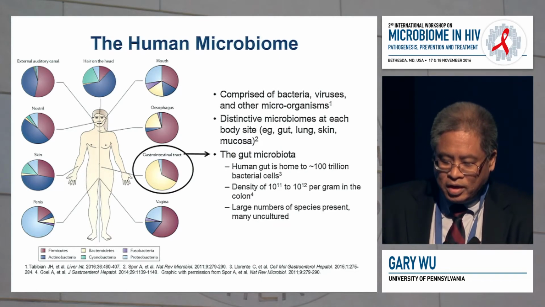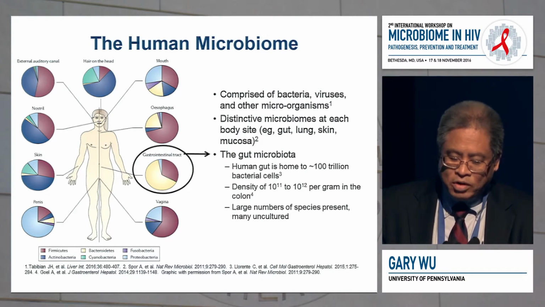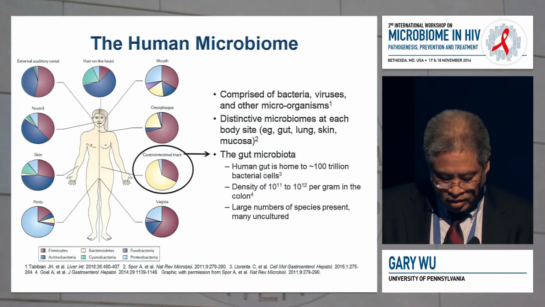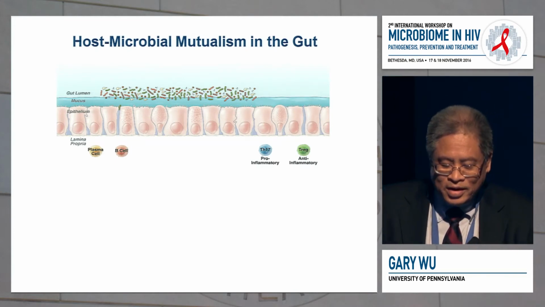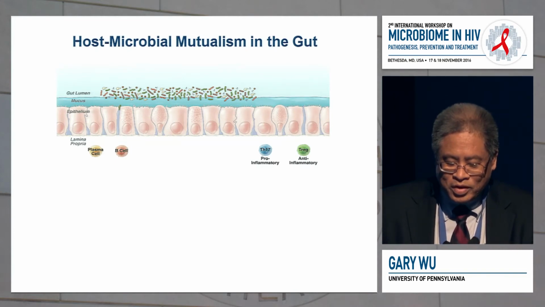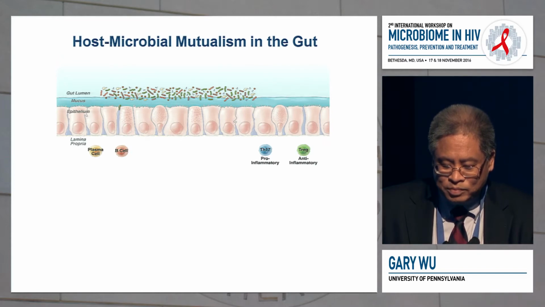view of it. So the microbiome, and we'll be hearing about other types of organisms other than bacteria, but for the purposes of this talk, I'm going to be focusing on the bacteria. We've already heard about the complexity of the gut microbiota in particular. So this is my 30,000-foot view of our interaction with the microbiota.